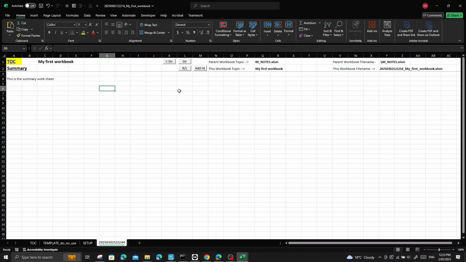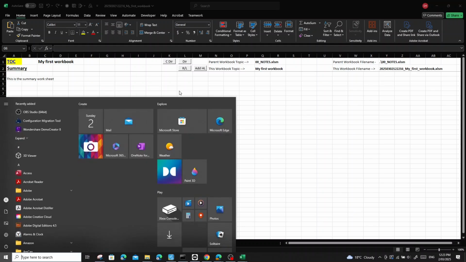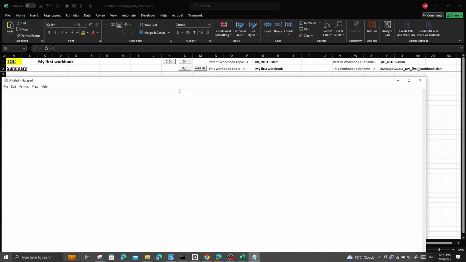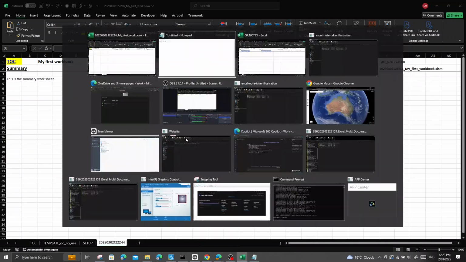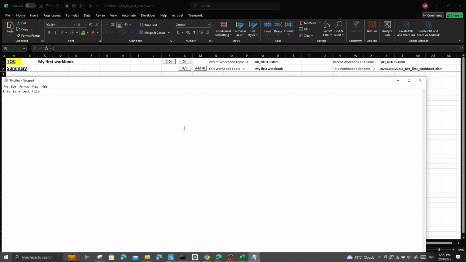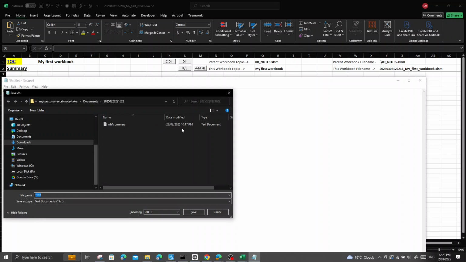So let's say I create a notepad file, for example. I'll click this button to copy the path, and now I want to save this. Control S. I press Control V, and it will go to that directory,